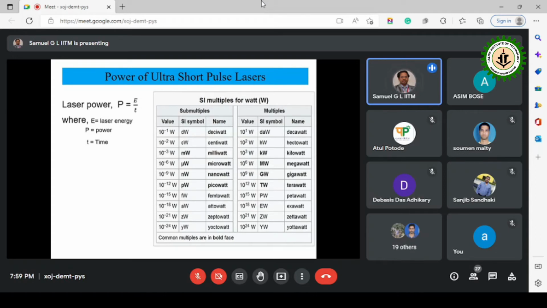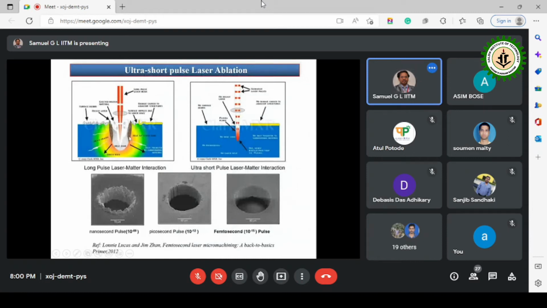So thus, when you put that femtosecond laser on any material for a fraction of a second, the energy or the power you get at that particular place will be 10 to the power of 9 joules. So that is like a gigawatt kind of a range. So thus, it not only melts, but it literally evaporates any material. So whatever is the hardest material, we will be able to cut by using such type of lasers.